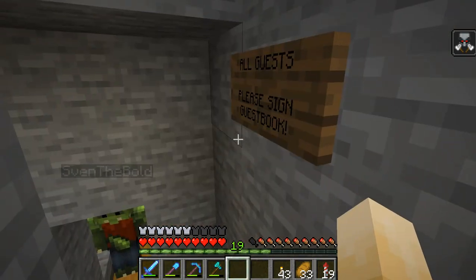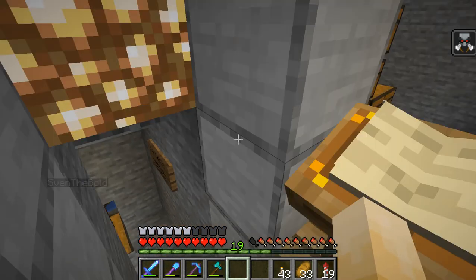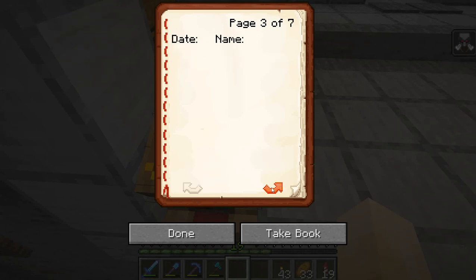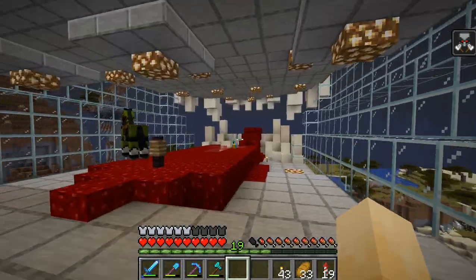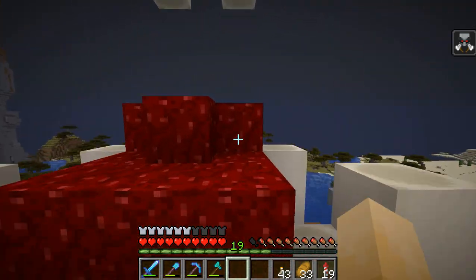Alright, so Sven actually has this little fish farm here, and he says for all guests to sign the guest book, so I have actually done Skullhaven Manor. That is a great name for that. There we go. There I am. It's me. Okay, I'm done with that. This is cool. This is cool. I'm a little annoyed that he doesn't have the open sky above him, so I could farm phantoms off him,